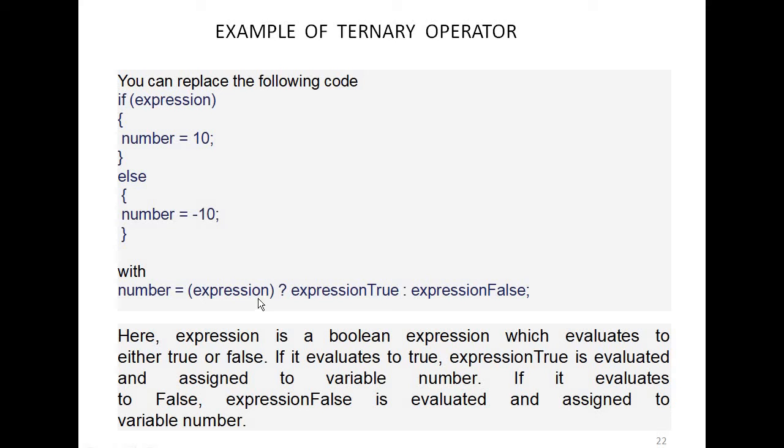If this expression over here is false, then this statement will be executed. You can write any statement over here. You can write a print statement, System.out.println. You can just write a print statement and print. But if this expression is true, if it is correct, then it will print this portion or execute this statement, and if it is false, it will execute this portion.